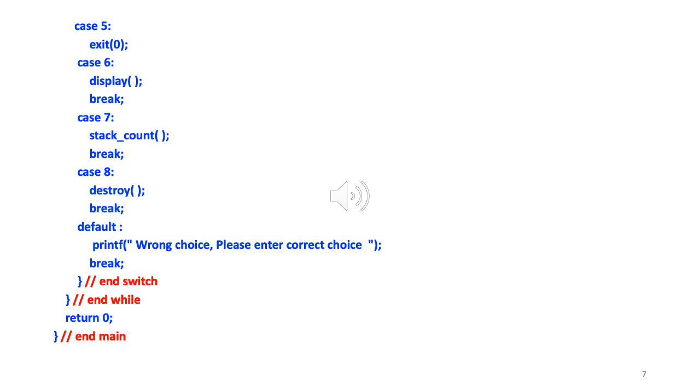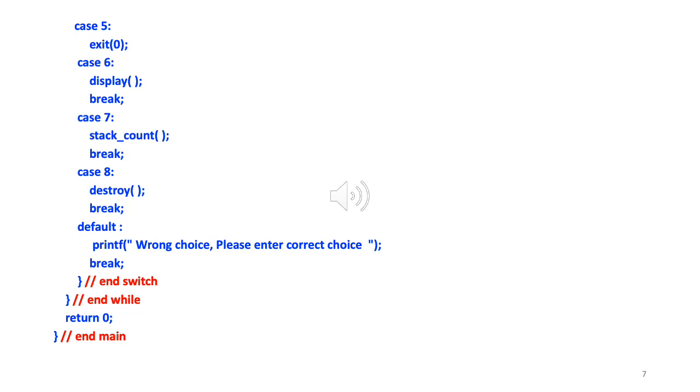Case 8 is for destroy. So as you can guess, what this will do is delete the entire stack. So if we have 4 nodes, 10, 20, 30, 40, we have to delete all of them one by one. So we can start with the top, delete that, and then go to the next one, delete that, and we follow that chain. So again, walking through the stack, right, and deleting one node at a time. Okay. We do this till stack is empty, right? So we need to recognize when the stack will be empty. So we'll soon discuss the code for that. So those are the 8 cases.